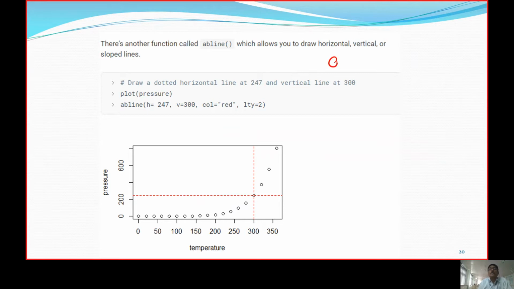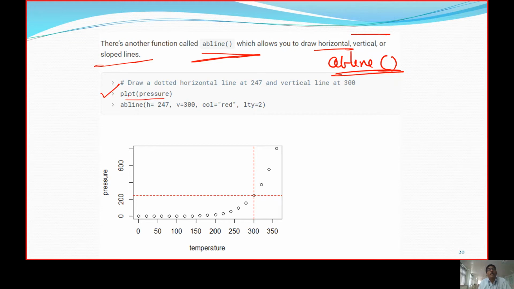Then we are going to use a function called ABline. This ABline can draw horizontal, vertical, or sloped lines. First, we take the data located in pressure, plot it, and then we mention ABline.